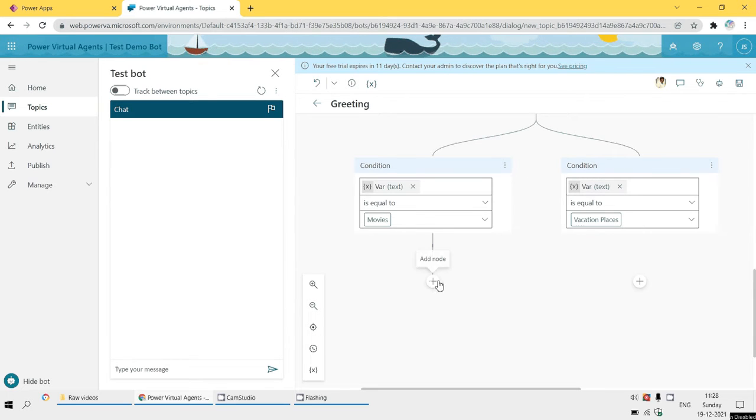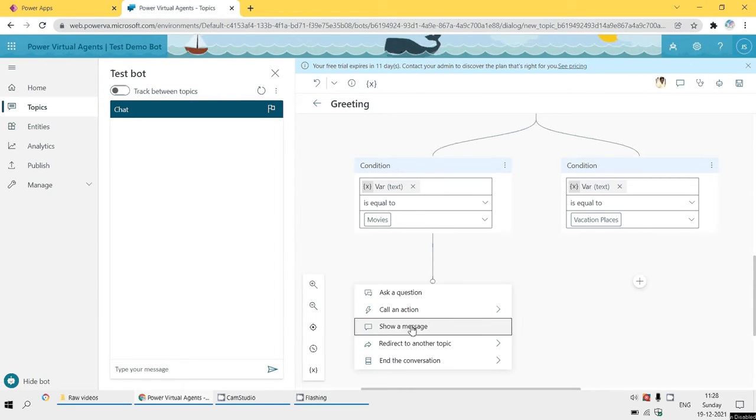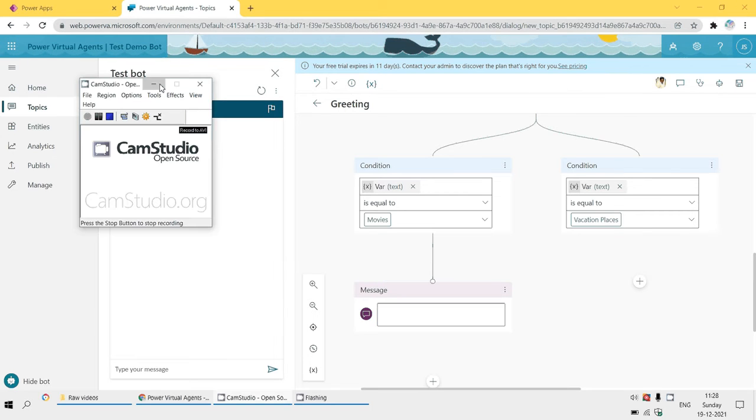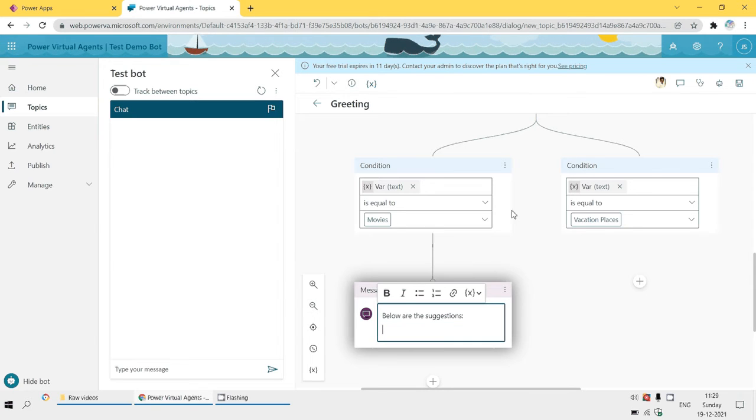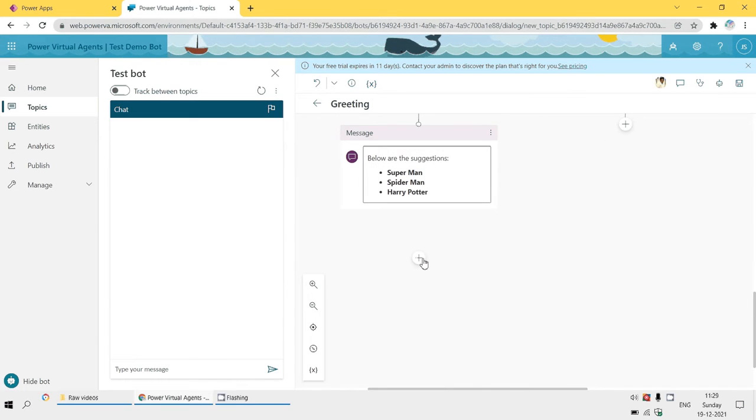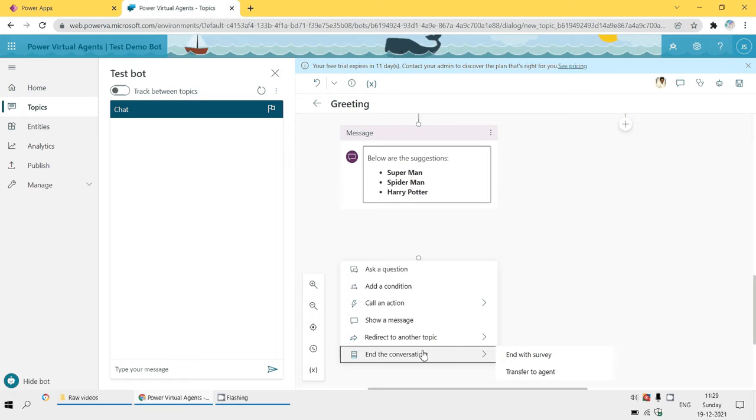So click on add node. Then click on show a message. So we will enter the message as below are the suggestions. So we will make the text bold and add bulleted list. Superman, Spider-Man and Harry Potter. Then click on add node and click on end the survey with